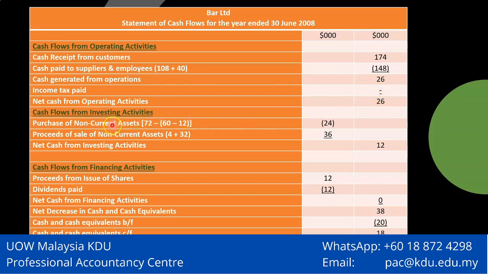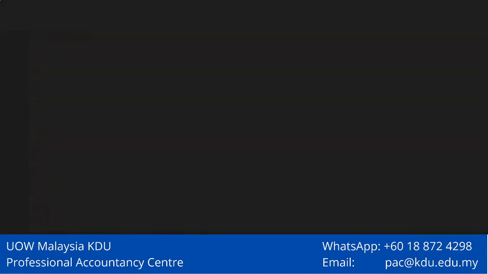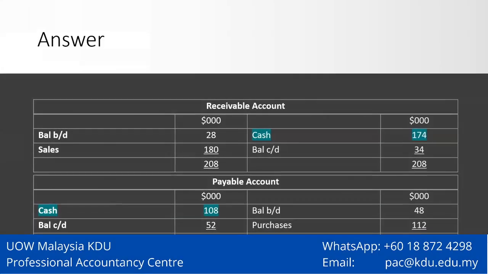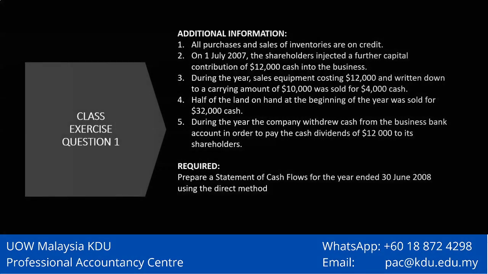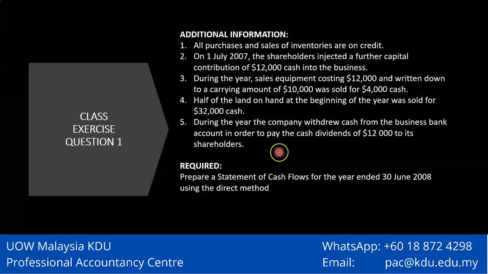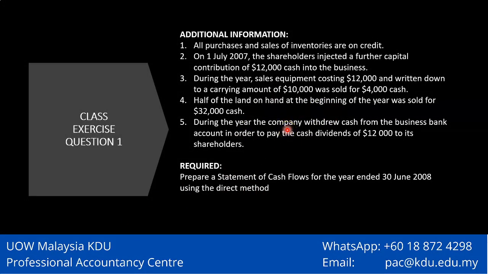Now, to work out the purchase of the non-current assets, you will need to do this. I'm going to go back a few slides. So hang on. Take note of these numbers. Here, there is no mention of purchase of equipment, but it doesn't mean they didn't have. Now notice they said that during the year, equipment costing 12,000 was sold, correct? So if I go back another slide,